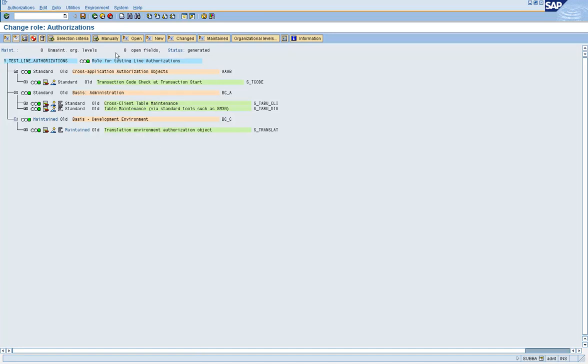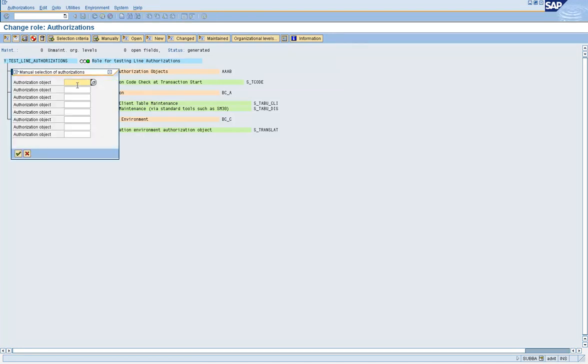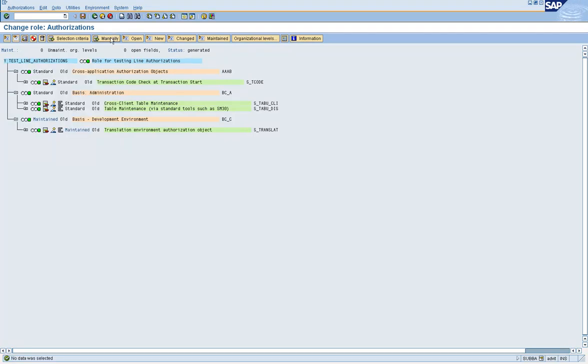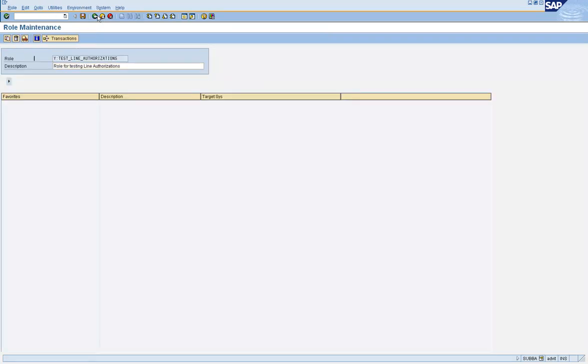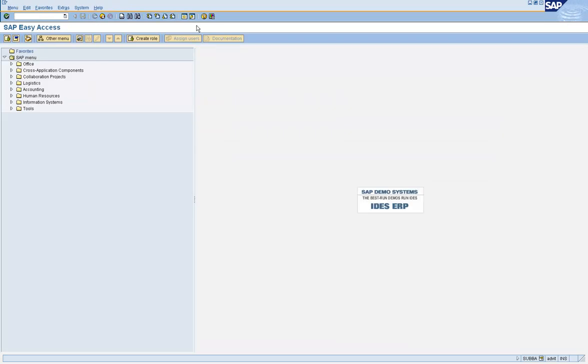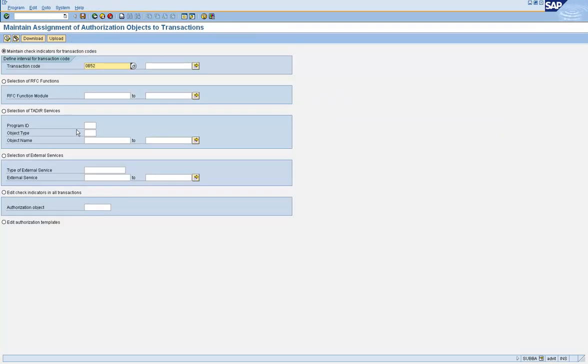Now technically you could manually insert the S_TABU_LIN object into the role by clicking on the manually insert button on the toolbar, but SAP best practice says you have to link the object S_TABU_LIN to transaction OB52, because OB52 needs that object. Now let's see in SU24 whether that object is there for that transaction code or not. So SU24, go to OB52,